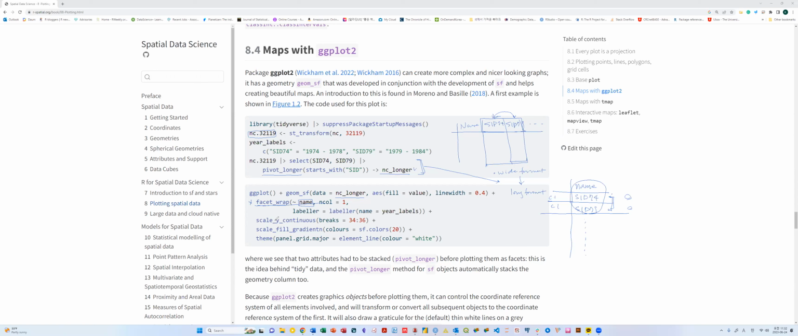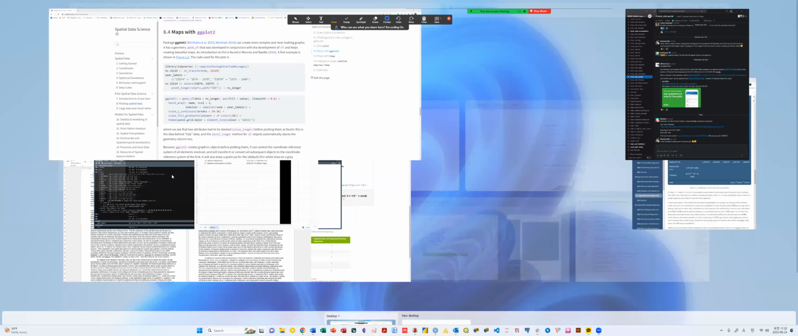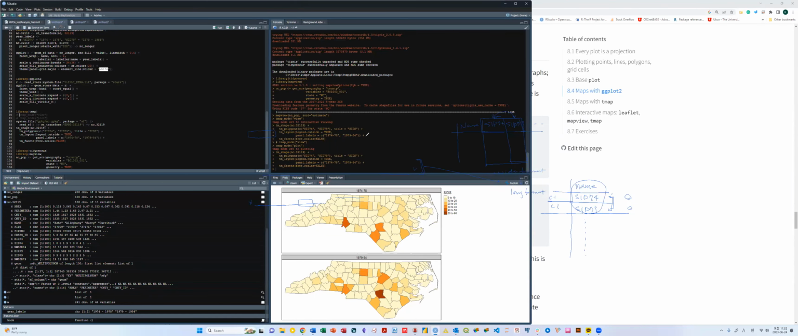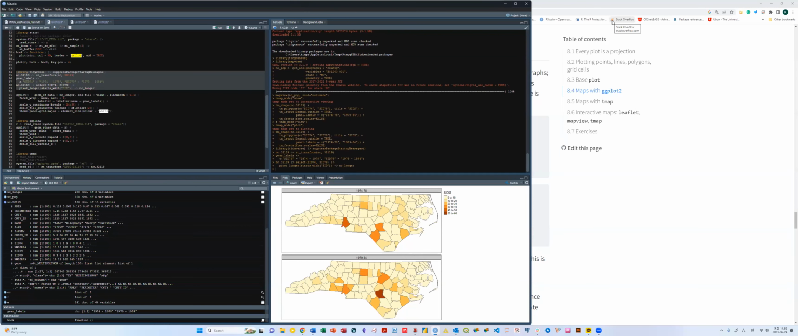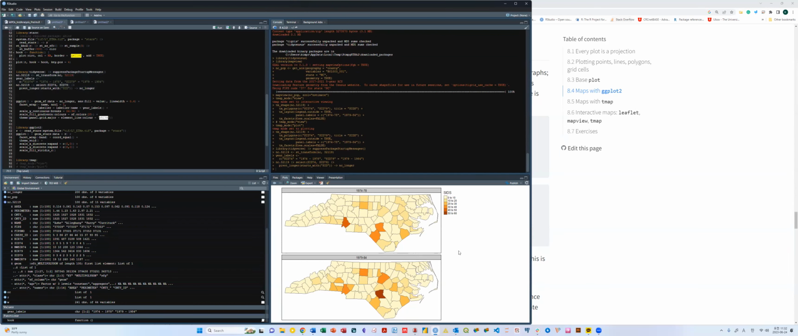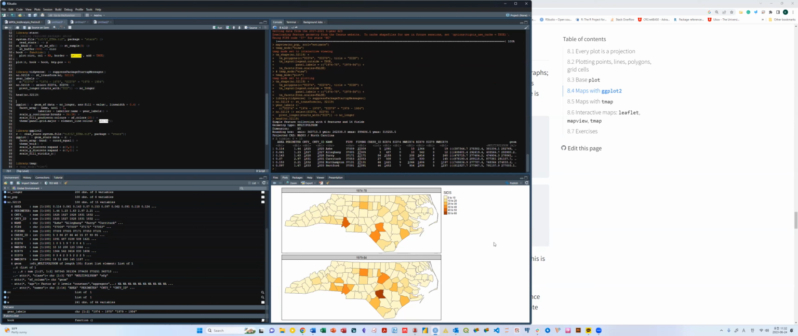So let me show you my R plot. Here, when we try to pivot longer, and when you look at the head of NC32119, and when we look at the head of NC longer,